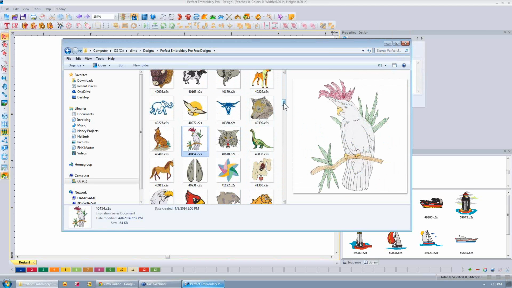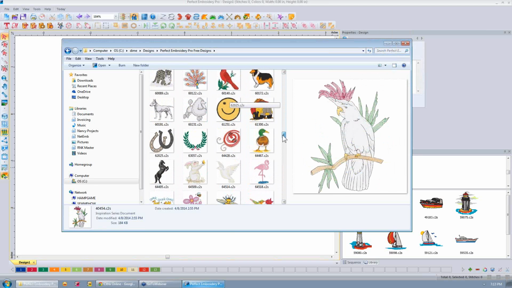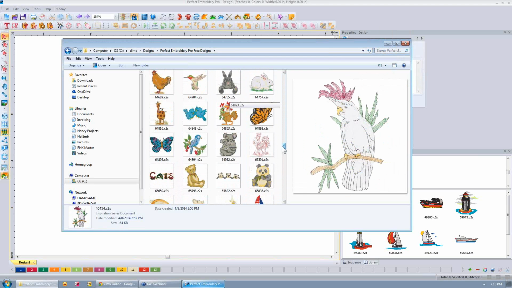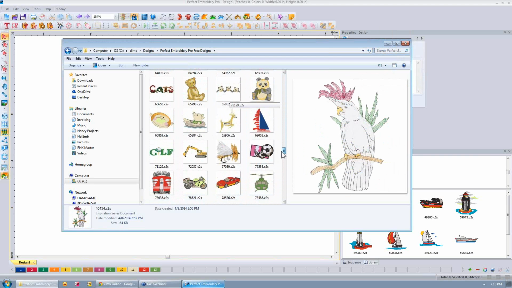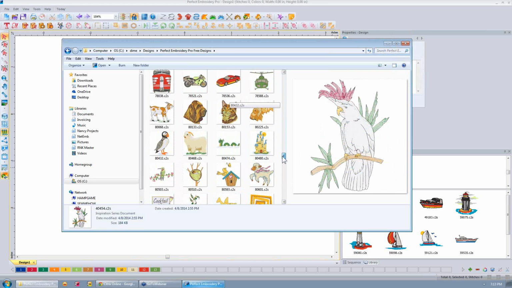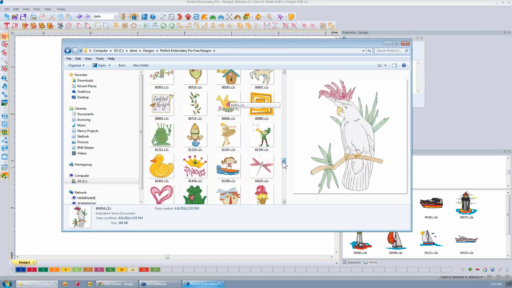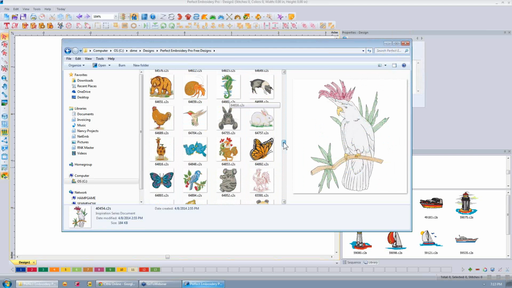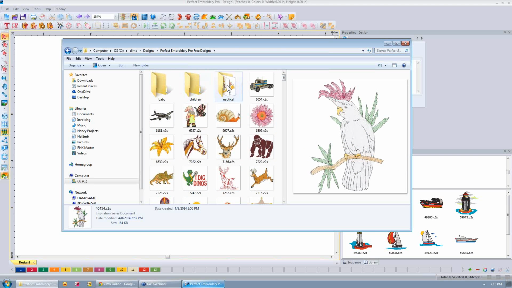There's birds. So anyway, I can go through these and look. But if I've got 300 designs that are like this, even seeing pictures of them, while it's helpful, doesn't really help me in organizing them. So what I've started doing, you notice I've made some different folders here